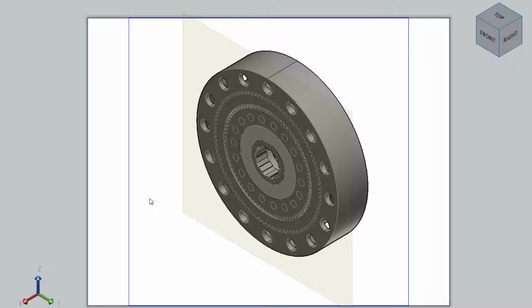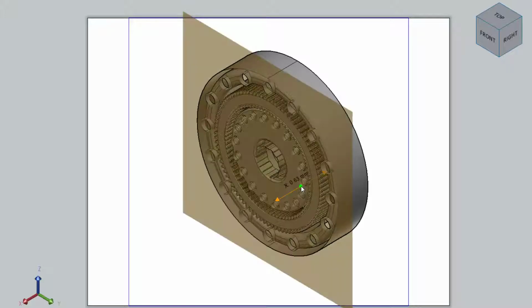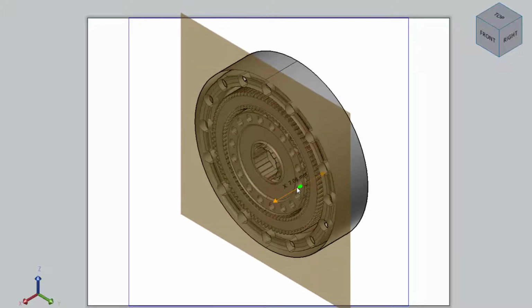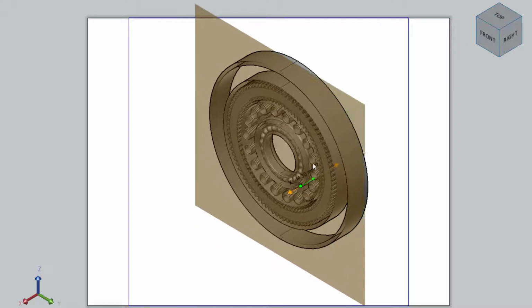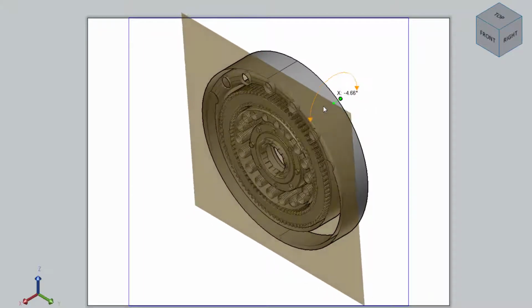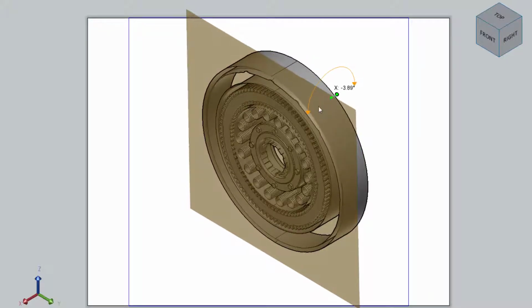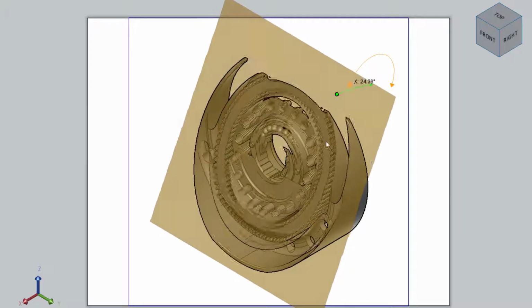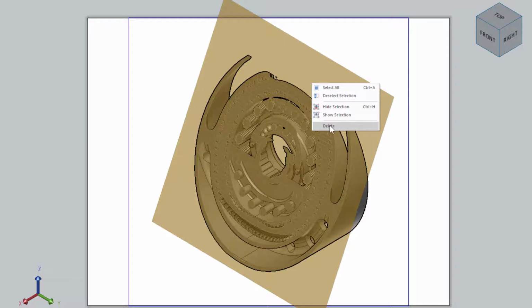There are a few things that I can do now that the plane is placed. First, I can drag the plane linearly by clicking on the inside area of the plane, and while holding down my left mouse button, drag the plane left and right like so. I can also rotate the plane if I drag its edges. Note that as I transform these planes, measurements are displayed next to the green line indicators for both linear and rotation movements. If I want to get rid of a plane, I can right-click and press Delete.